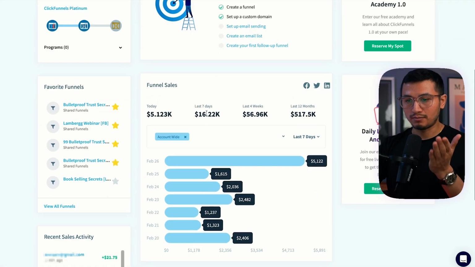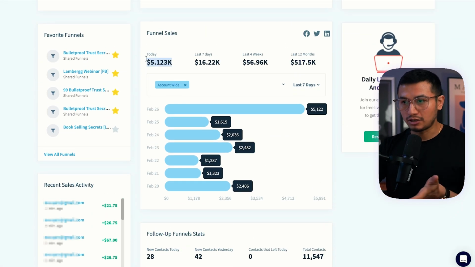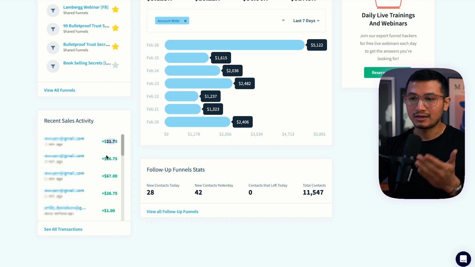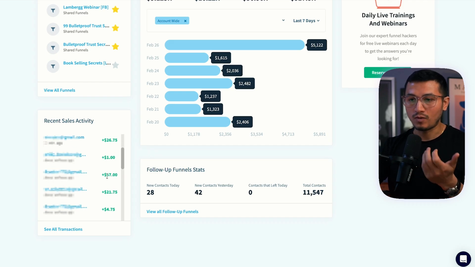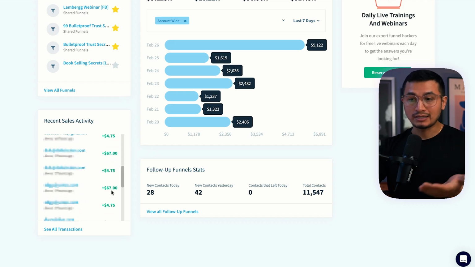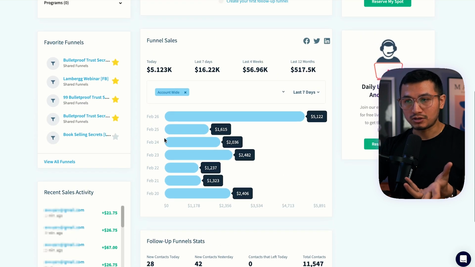So this is my account. As you can see, I've done $5,000 today. I made over $500,000 in the last 12 months. And we are selling low ticket offers day in and day out, $1, $67, $21. That's how we make money. So I'm going to tell you some of the key things that we use on our sales page to make